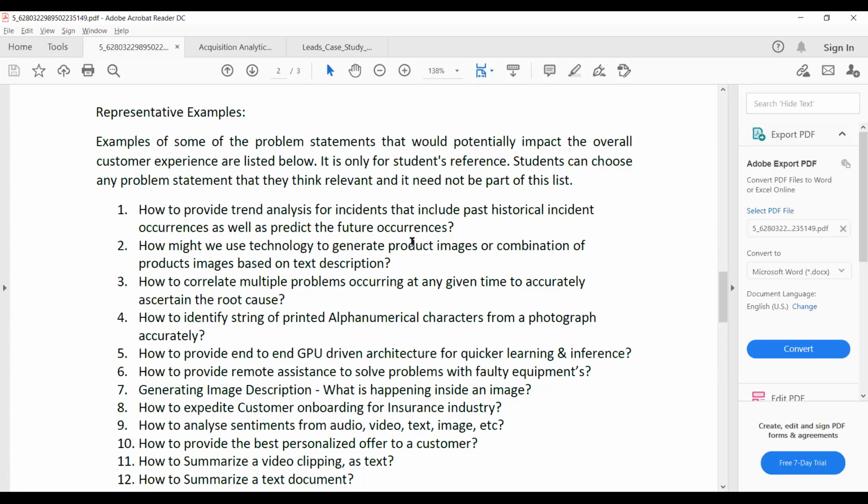Okay, are you getting my point? Okay, so that is how you have to reach the root cause of each and every problem. Okay, now how to accurately identify a string of printed alphanumerical characters from a photograph?